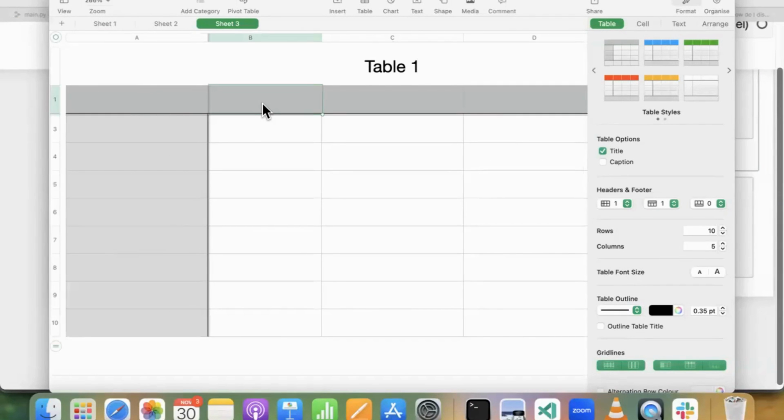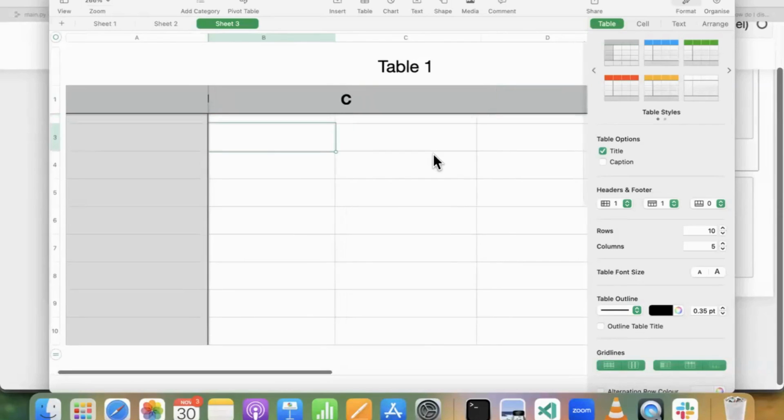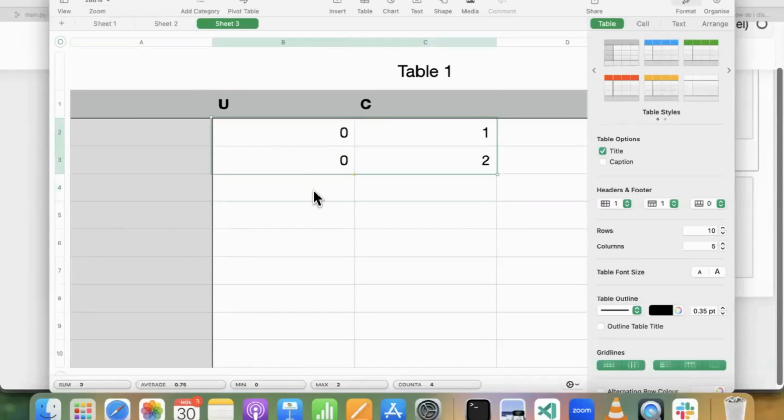So we have user, computer, right? And let's just see who wins. So the user can be 0, 1, 2. Let's keep the user as 0 first. The computer can be 0, 1, 2. Let's just get rid of the ties for now. So the user can be 0, the user can be 1, in which case